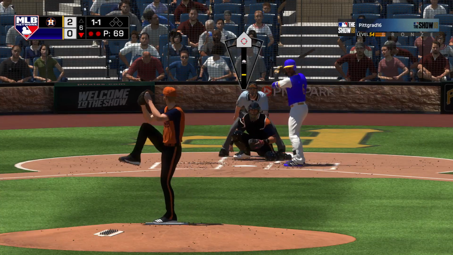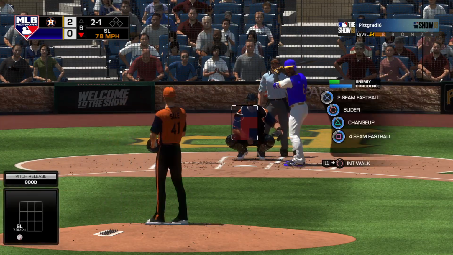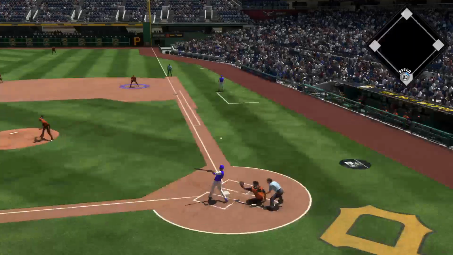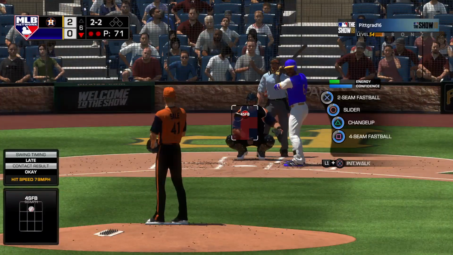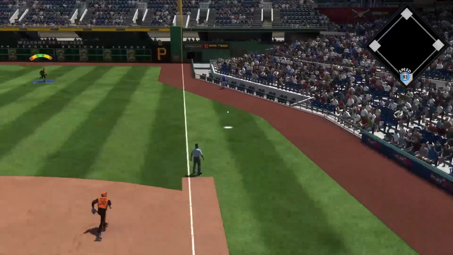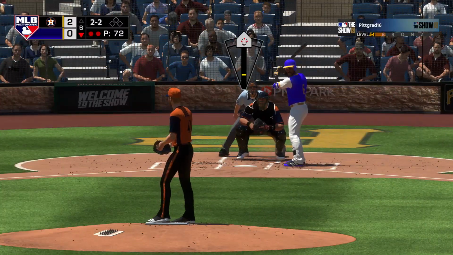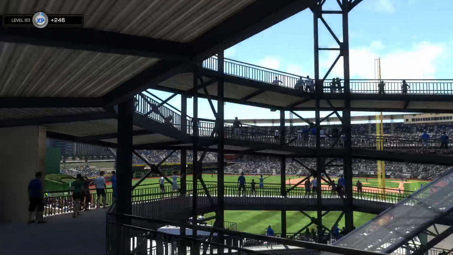Now the 1-1 pitch is looked at for ball number 2. The 2-1 home. Swinging, a ball line softly down the line in right. Foul. Hit hard to the right side. Foul. The 2-2 one more time. And an off-speed pitch swung on and missed, and with that,